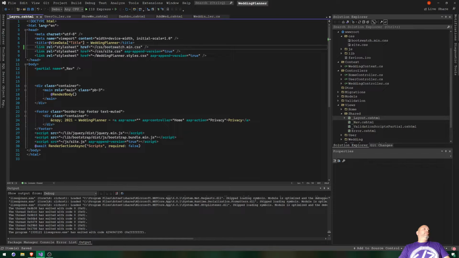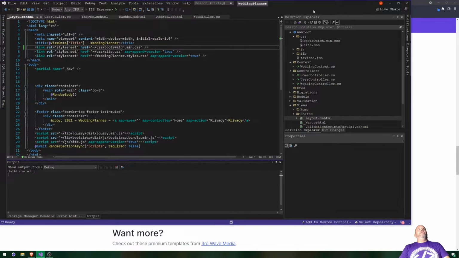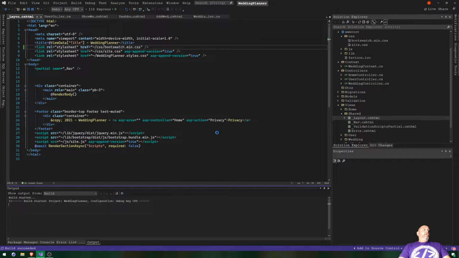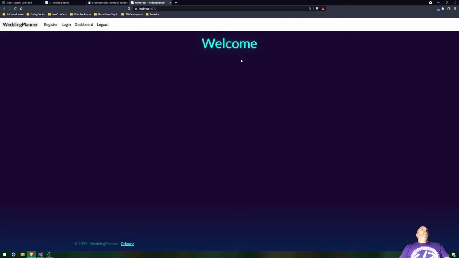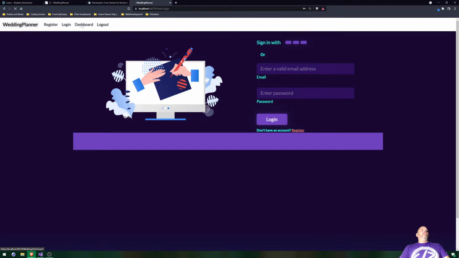Now let's just run our stuff to see what we did. I'm telling you, this is magic. I don't like to make things harder than they are. Now that looks beautiful, right? I really do like this a lot. So let's log in real quick. If we click dashboard, are we still logged in? No. So let's log in with